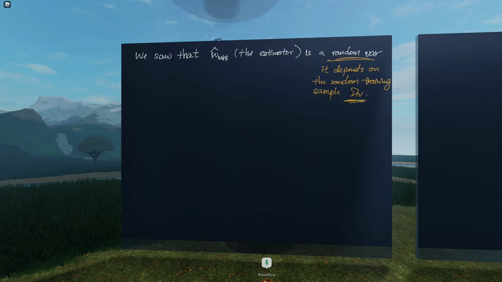This thing is random, and W hat, the estimator, depends on it, hence it is itself random, and therefore it has a distribution,